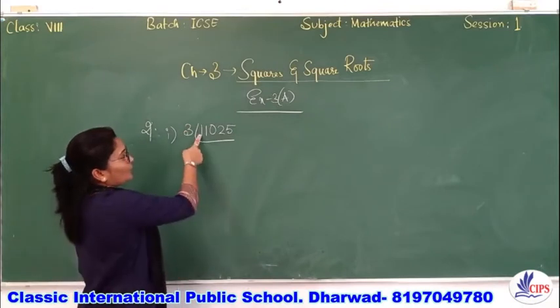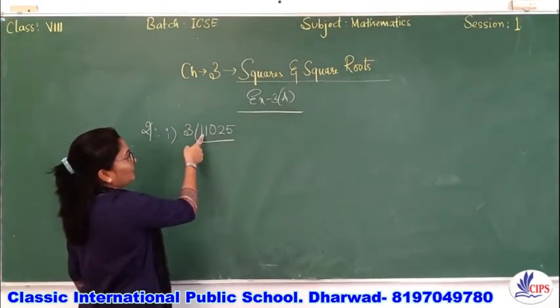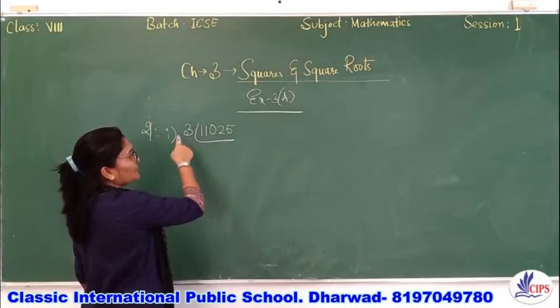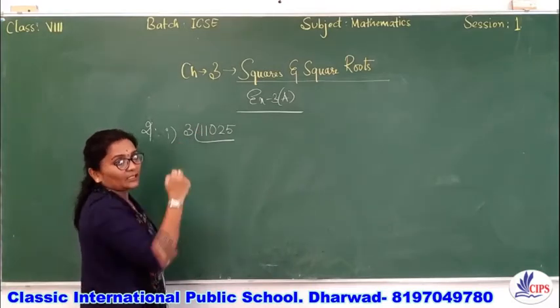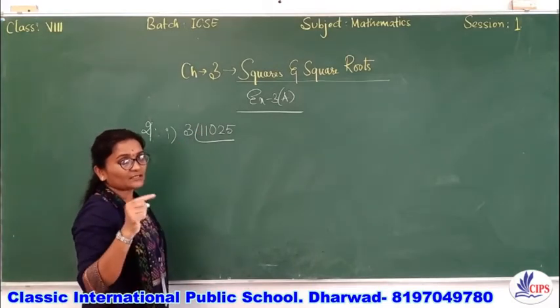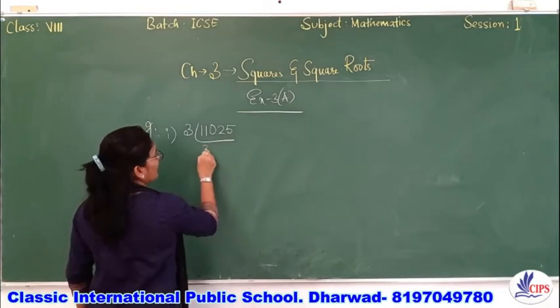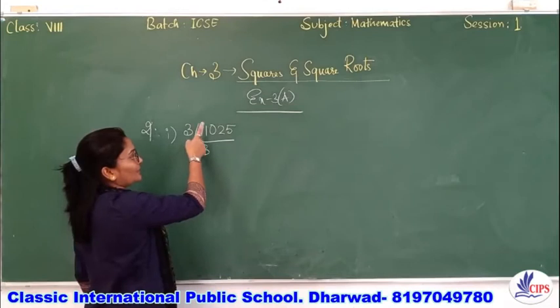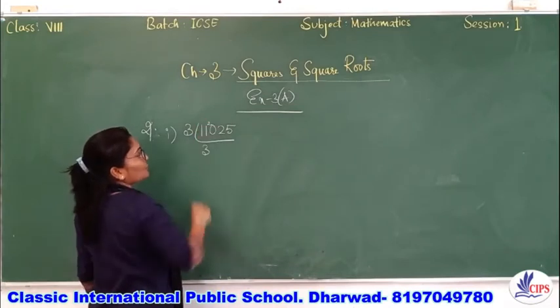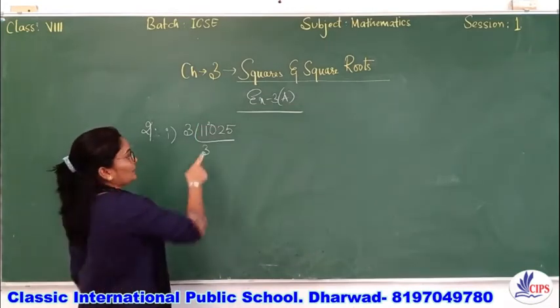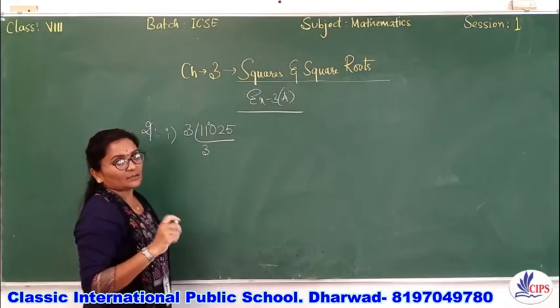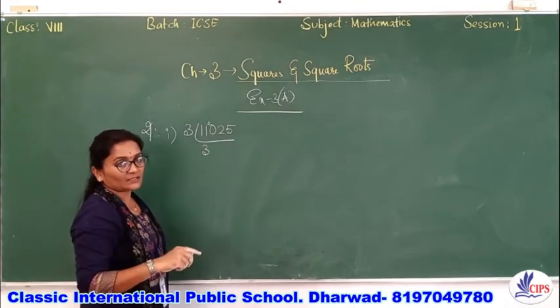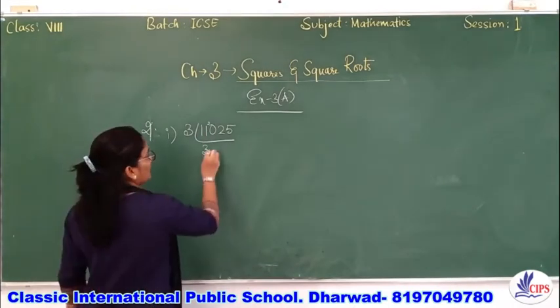Now we have got 11 first. As 11 is not there in the 3 table, we have to take a number less than 11. So 3 3s are 9. Here we have 11, but we have taken 3 3s are 9. So 11 minus 9 is 2. I'll borrow this 2 here, it becomes 20. Now, is 20 there in the 3 table? No. So we have to take a number which is less than that. That is 3 6s are 18.